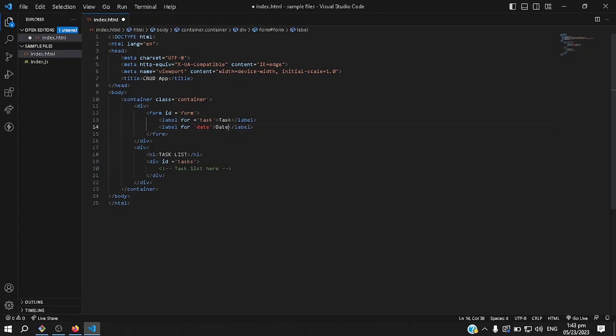Okay, date. Right, and then the input fields, ID equal task, there you go. And then for the date,